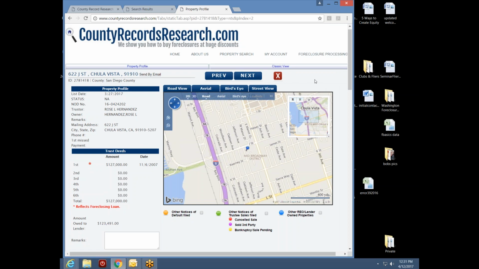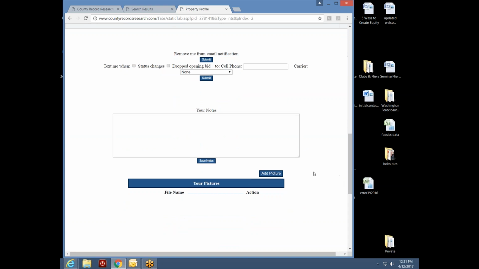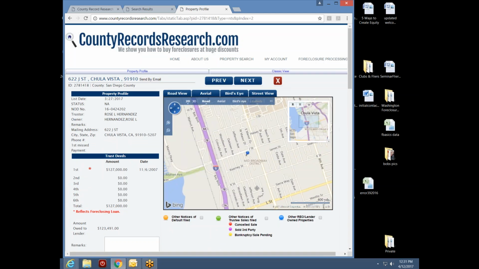Notice the save button's gone, I don't need to hit it again because I've already saved it. Now if I wanted to, since I've already saved this record, I could type in notes in this section. I can even drive by the property, take some pictures of the outside, and load them up to my system, to my property profile for this particular unit that I saved.